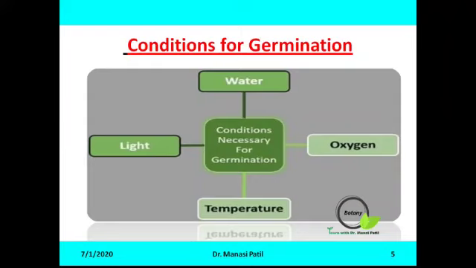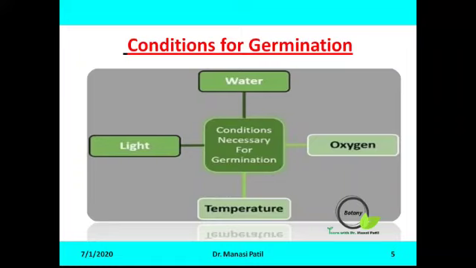The first essential condition is water. As all of us know, a seed needs a supply of water before it can begin germination. This softens the testa or seed coat and allows the radicle to grow and push its way out. Water activates the enzymes which convert the starch stored in cotyledons or endosperm into soluble sugars, which are then transported to growing regions of the plant.